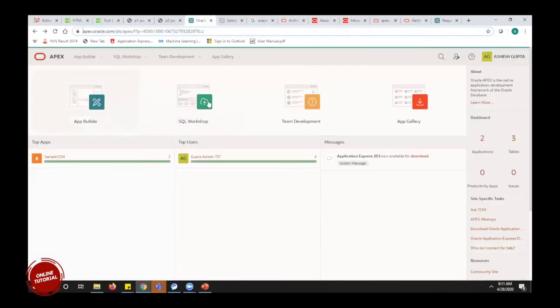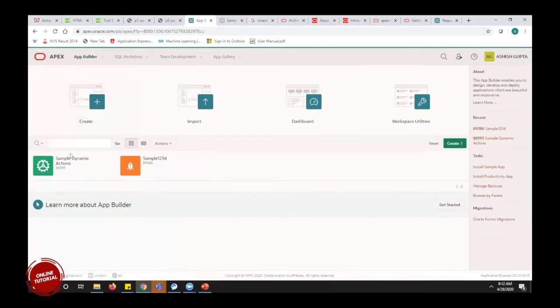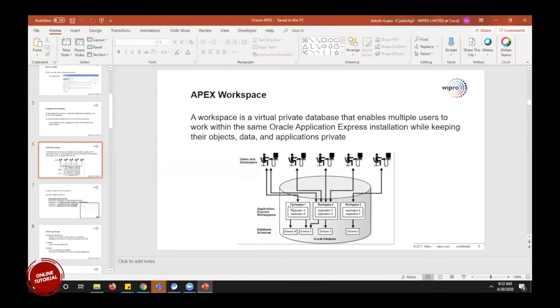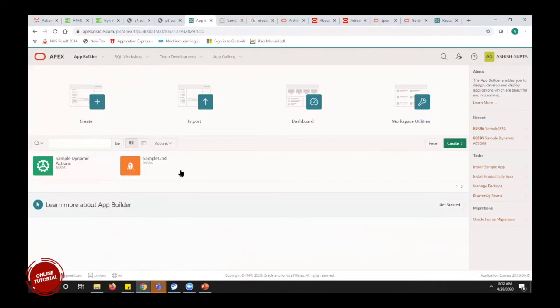This entire thing is a workspace, and if you click on this App Builder, we can see there are many apps. Here there are only two, but we can have any number of applications inside our workspace. Inside one workspace, we have application A, application B.